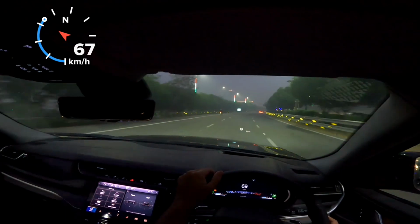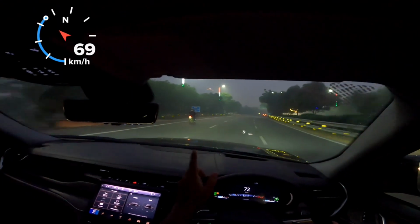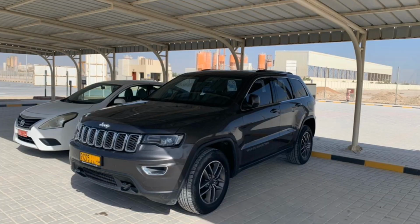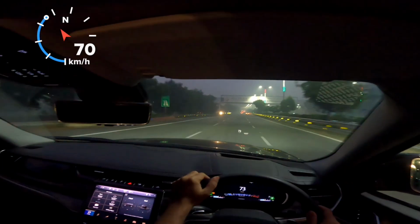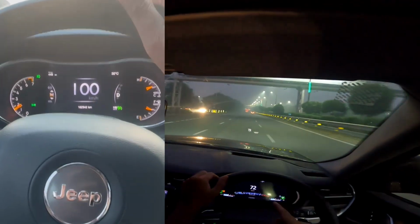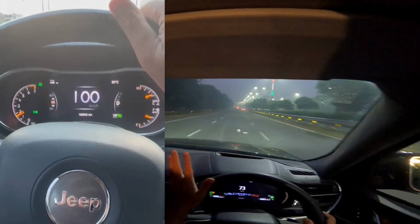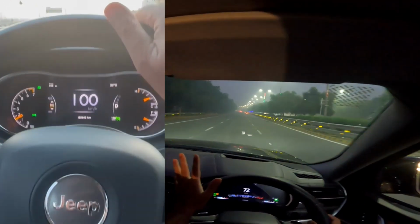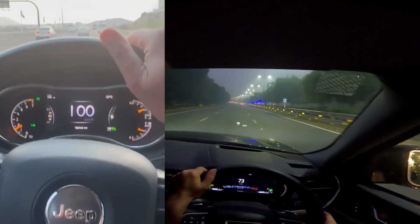So, an interesting bit, my friend has a V6 Grand Cherokee, and I asked him to make a clip, and I'll put the clip over here. Okay, so as you can see, it's doing somewhere around 1800 RPM at about 100 kilometers per hour. The RPM is around 1800. Now